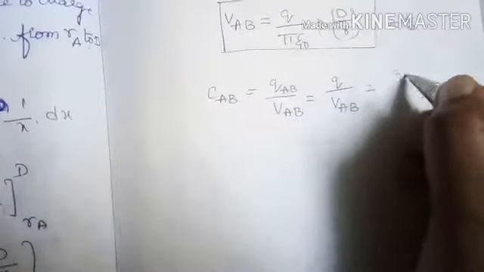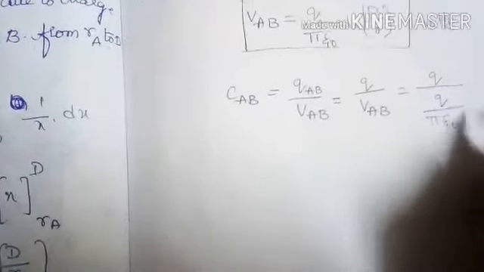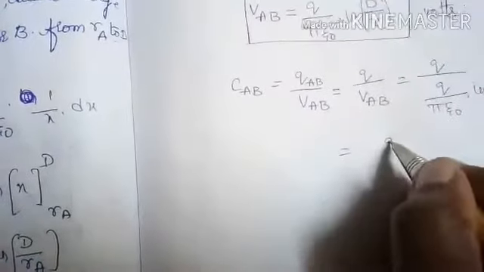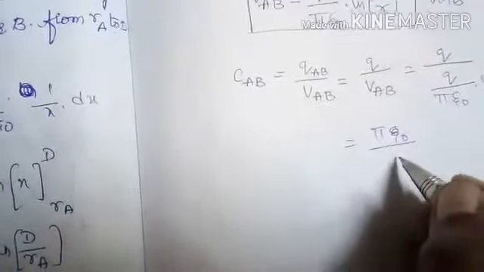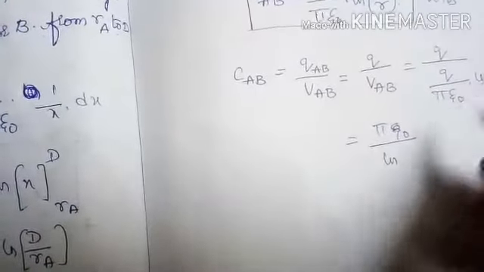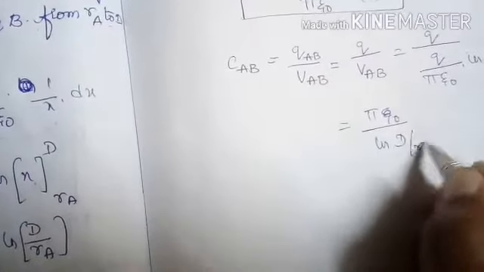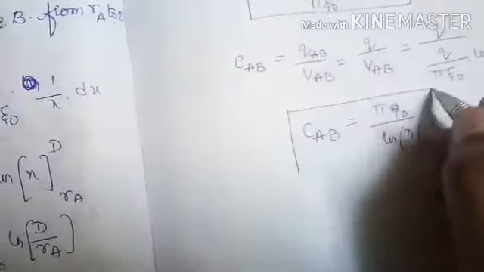Now simplify this equation: Q by pi epsilon naught into ln of d by r, then we will get pi epsilon naught divided by ln of d by r. So this is CAB, and the units are